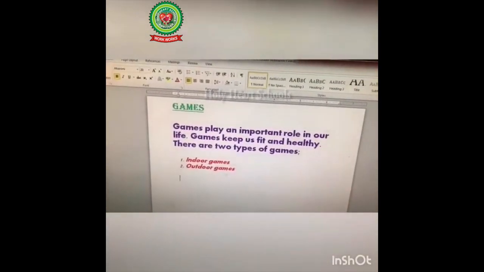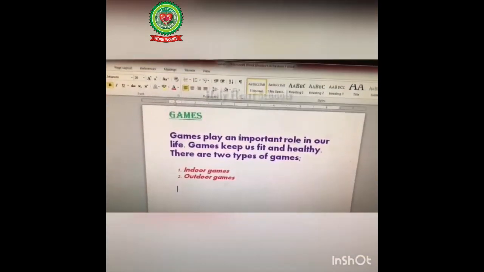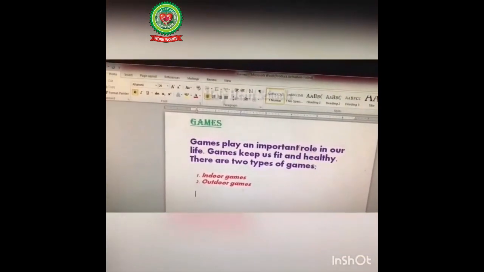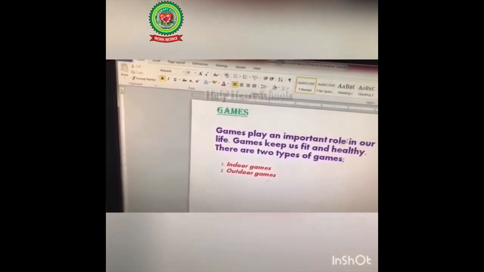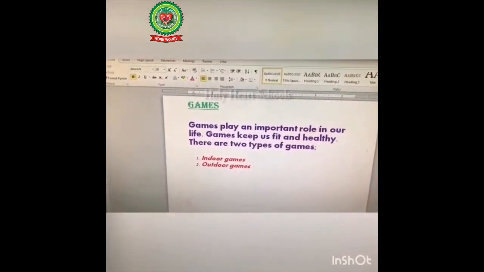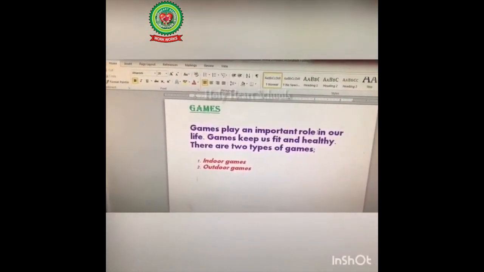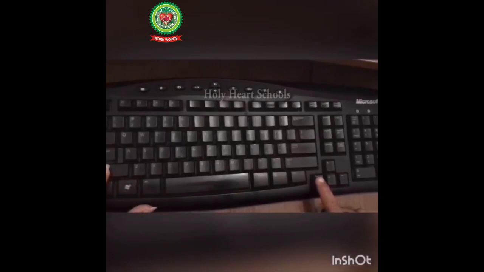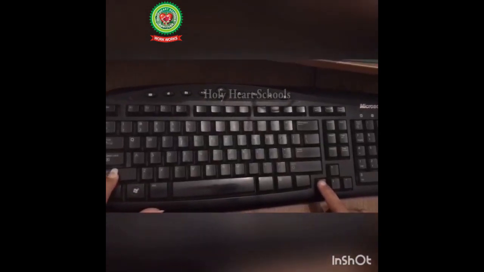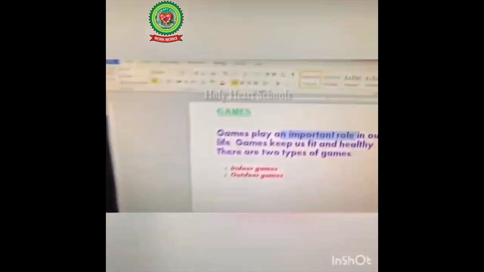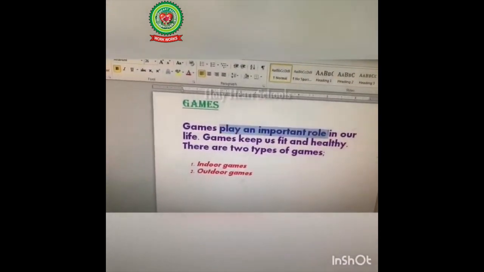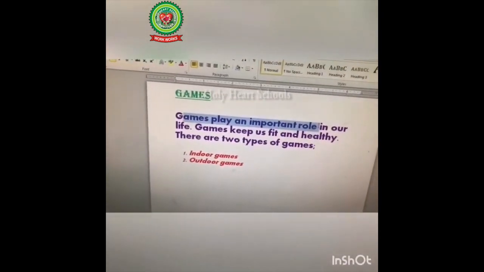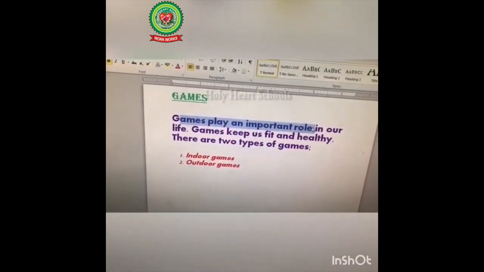Similarly, you can select the text from the left of the cursor. For example, I want to select the text from the left of N. So first of all, place the cursor over here and then press the shift key on the keyboard and press the left arrow key. You can see the text is selected on the screen from the left of the cursor. So this is called selecting text.